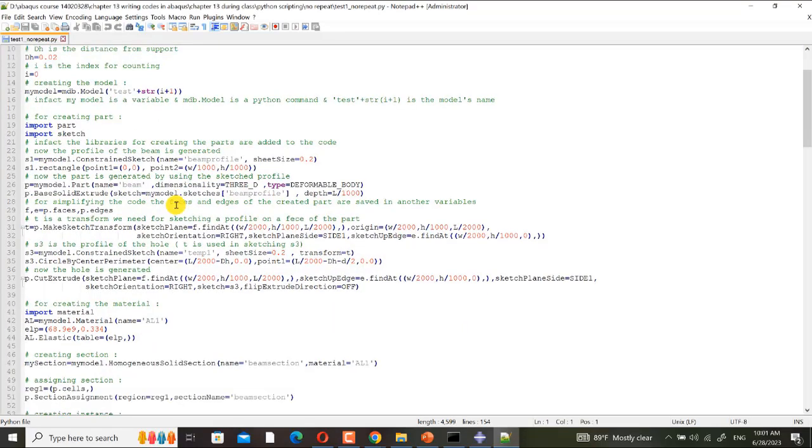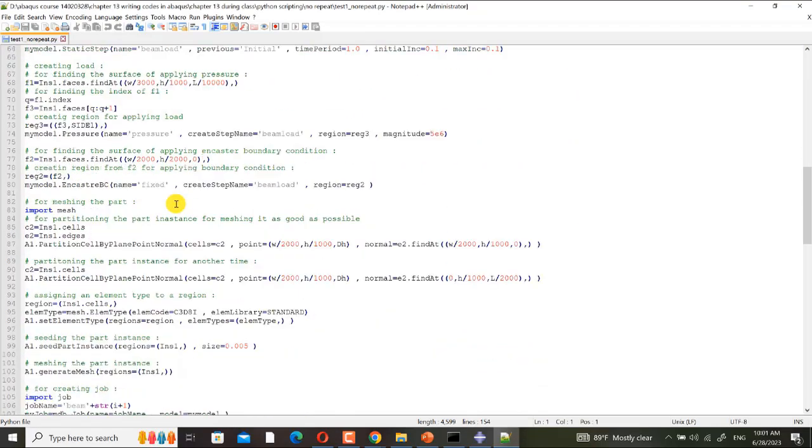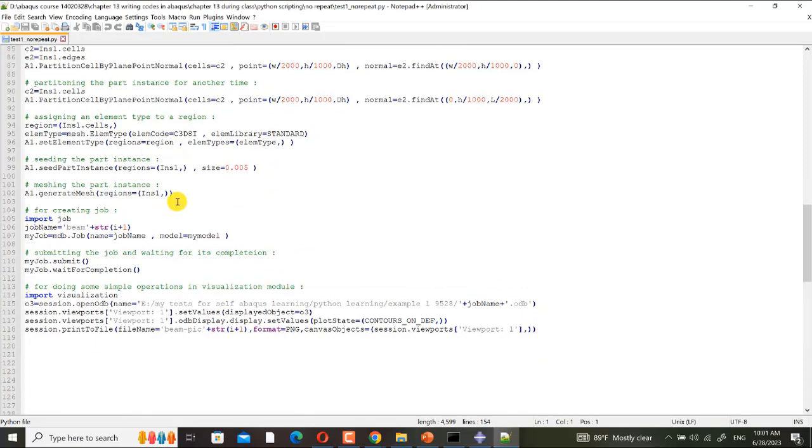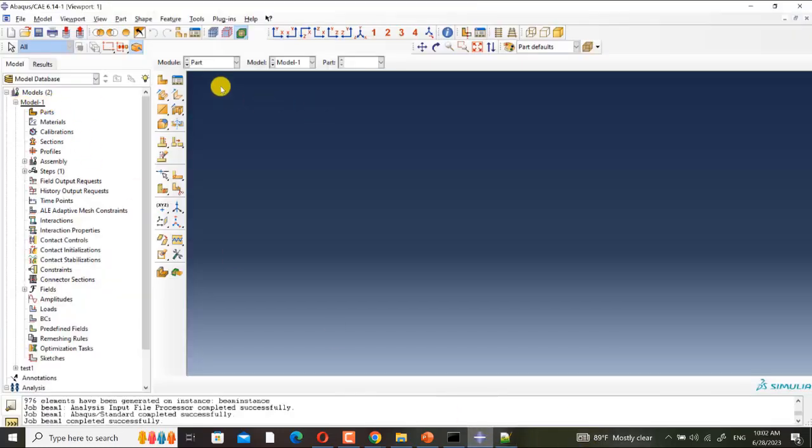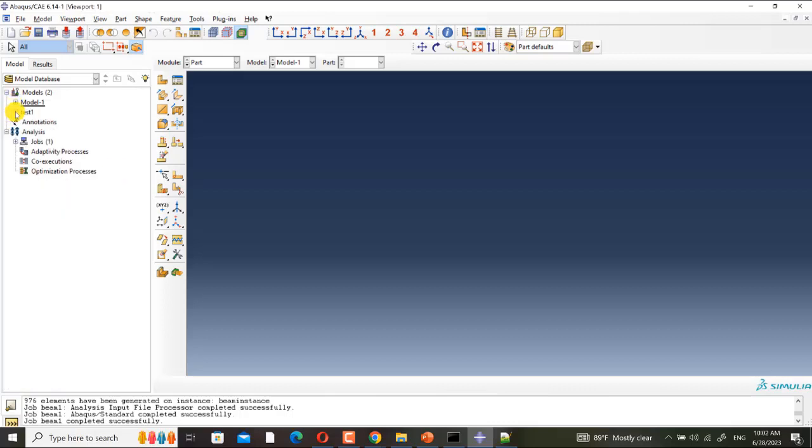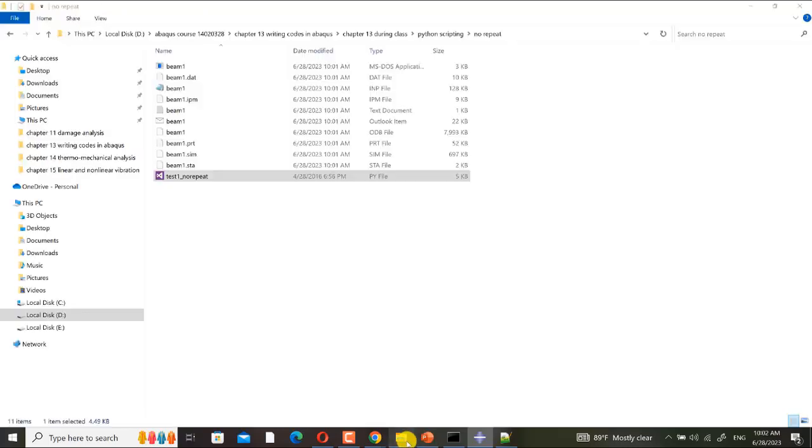We have a problem here. Where are the parts? It is so. The model is test 1. The model is test 1.